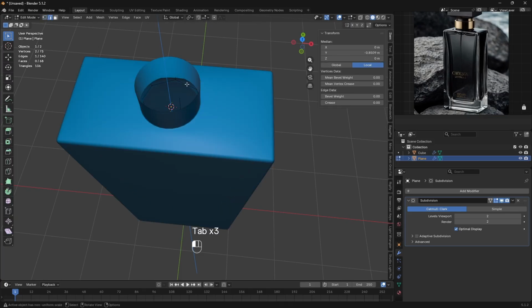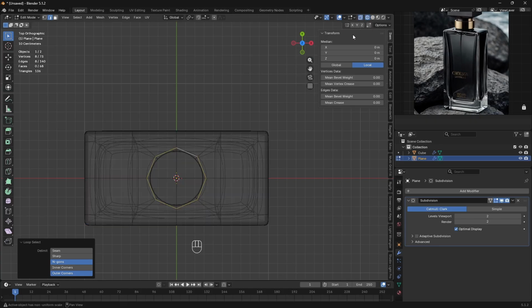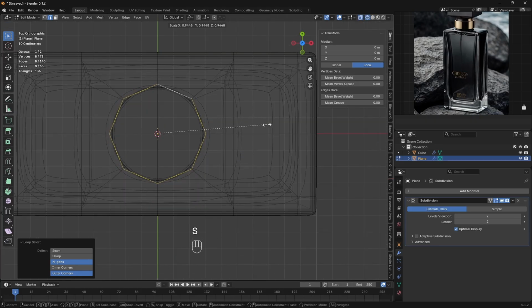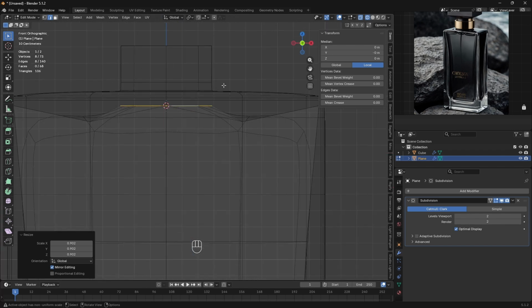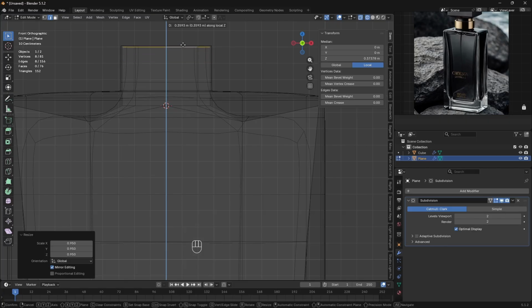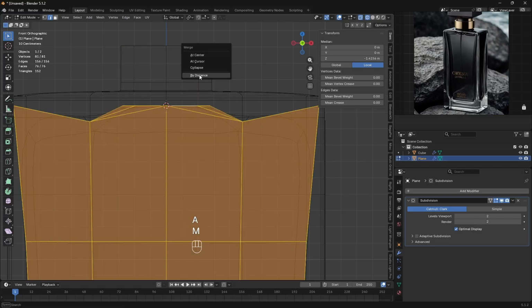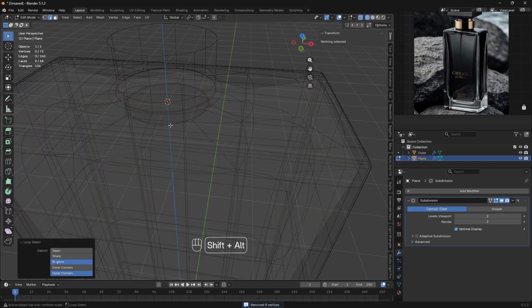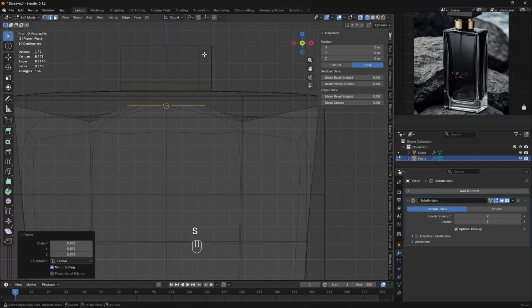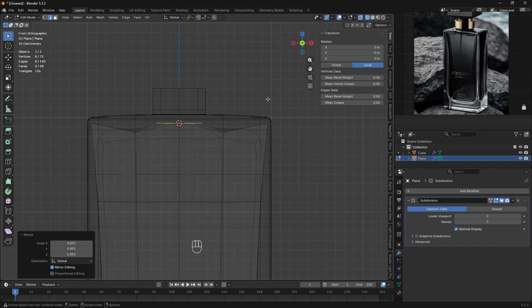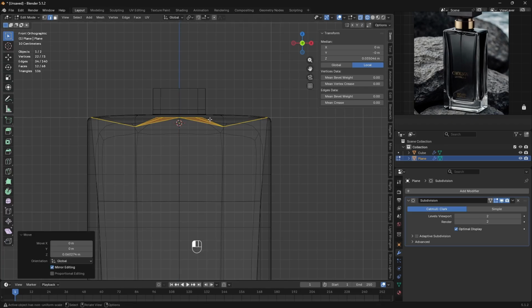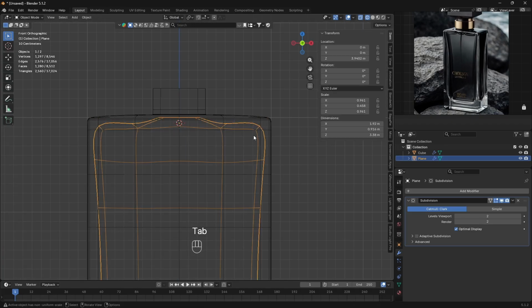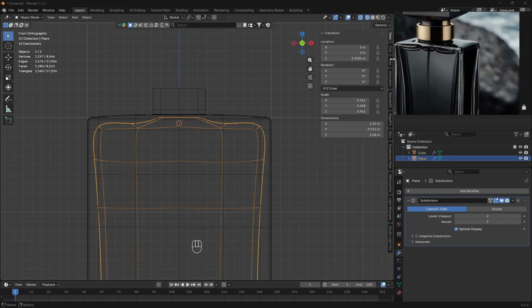Okay, and what I need is to select my circle, and let's go to the wireframe, and I will scale it down just a bit. I need it to be a little bit smaller than this outside. Alright, so let me just keep scaling it and extrude C, so I can just scale it a bit. So I need to scale it again. I will do this, select my vertices, and let's do another scale. I need this thickness to be a little bit thick, so I can just select this, and I need to lift it up a bit just like so, so it can touch a little bit in here like we see it in here.